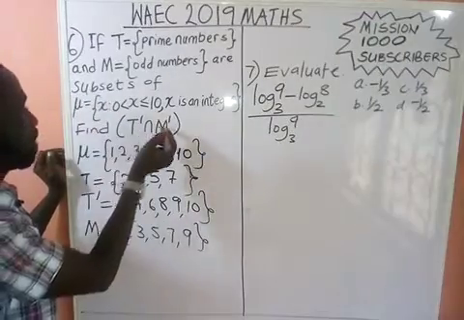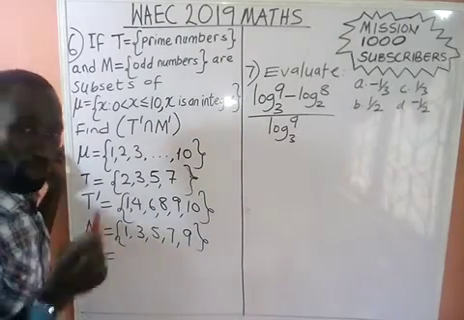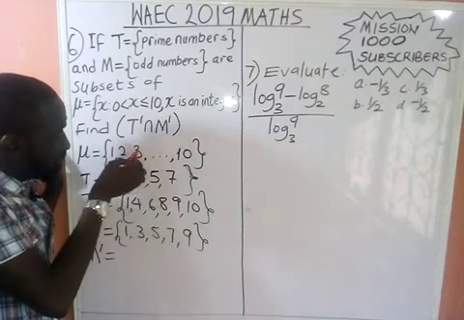So let us go for M prime. So what will be our M prime, class? Our M prime will be numbers that can be found in the universal set